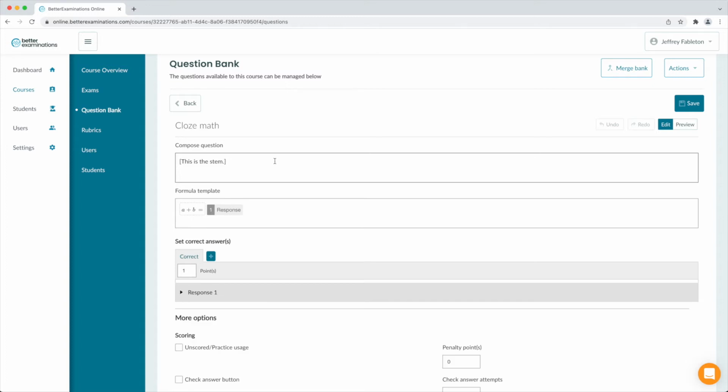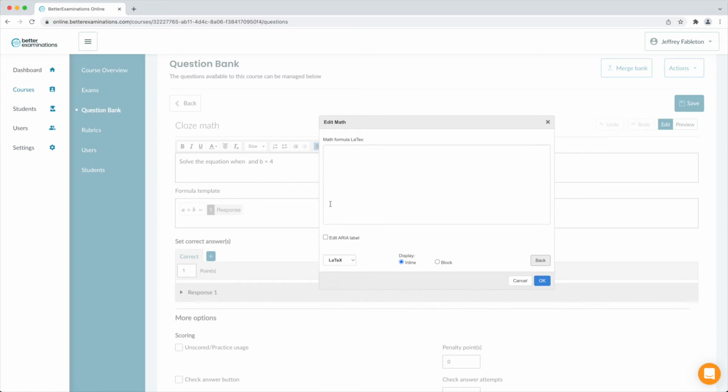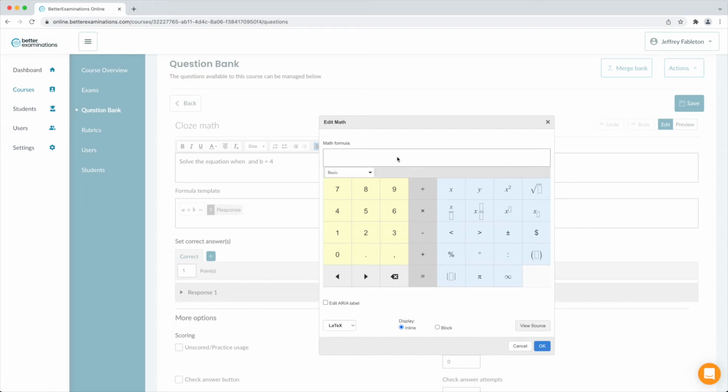The first thing I'll be asked to do is compose my question. I'll keep it simple for today. If I want, I can enter these values as LaTeX. To do so, I'll click the Math Input button here, which will open a graphical interface where I can add my LaTeX. I can also click View Source and add my LaTeX directly here. I'm going to add my LaTeX in the graphical interface